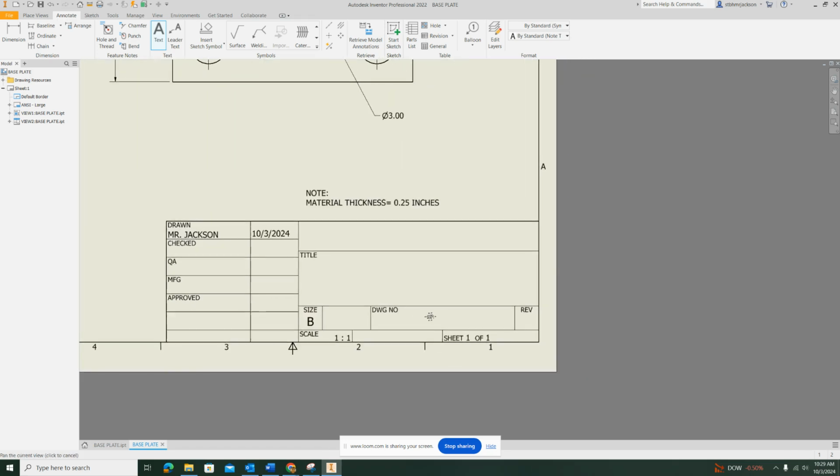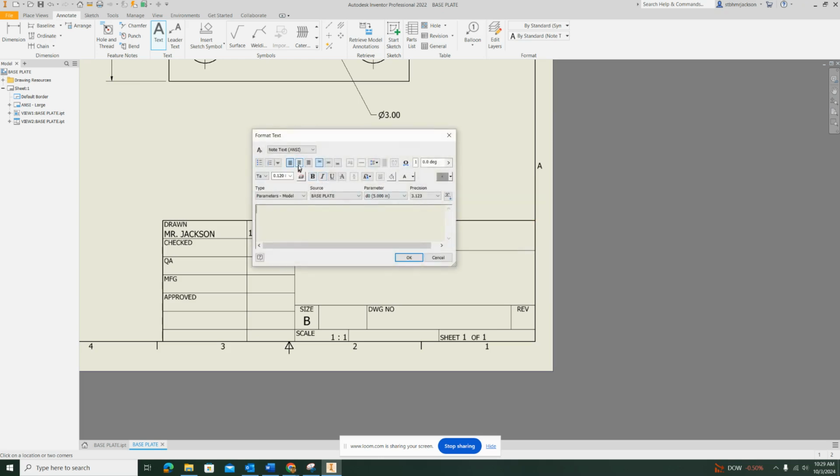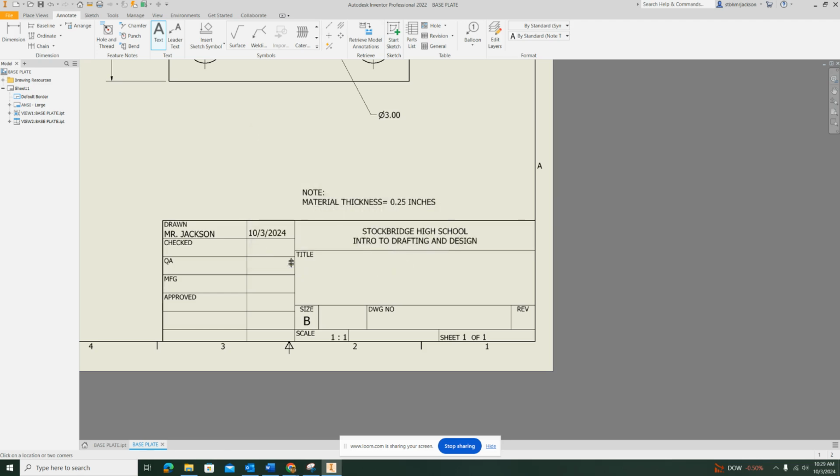All right, so last but not least, before we export it, we're going to add our text. So we're going to go top right to bottom left, top left to bottom right. And I'm going to choose the second and the fifth button here. And I'm going to do Stockbridge High School, Intro to Drafting. And hit OK. Now the good thing about this is some of the information is already filled in for you,